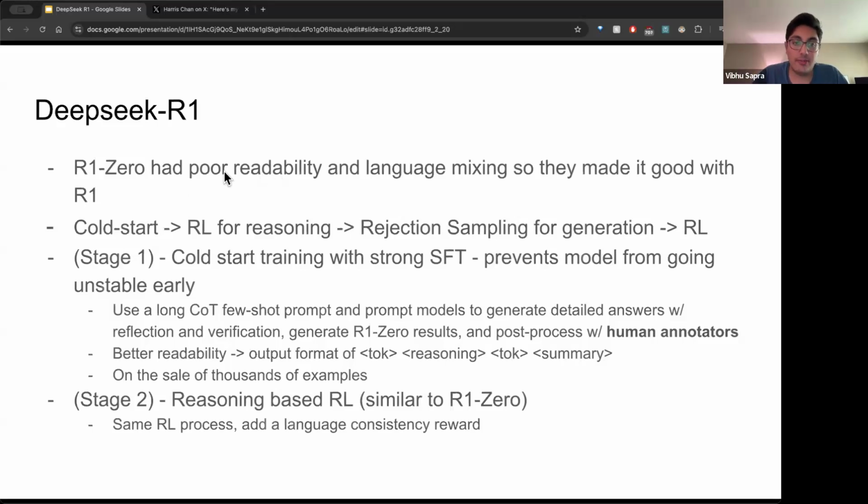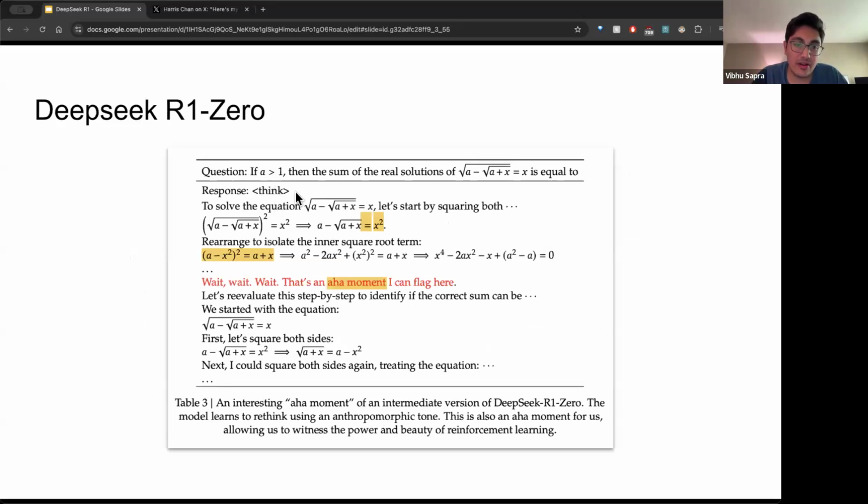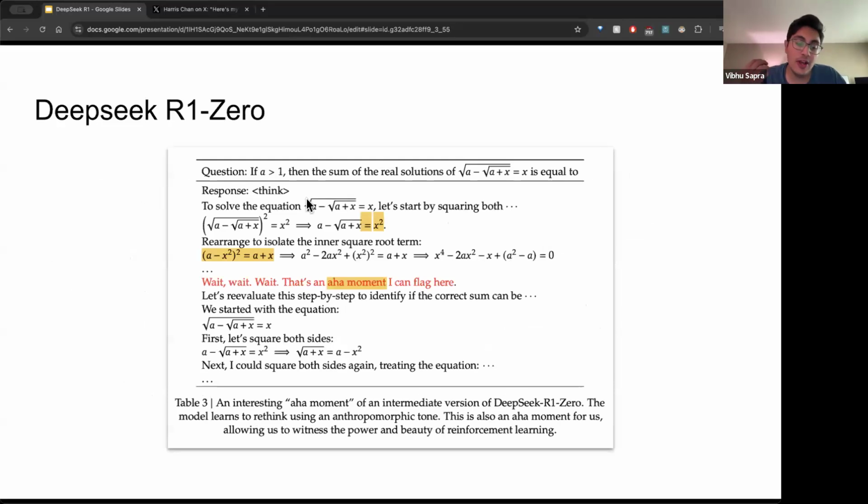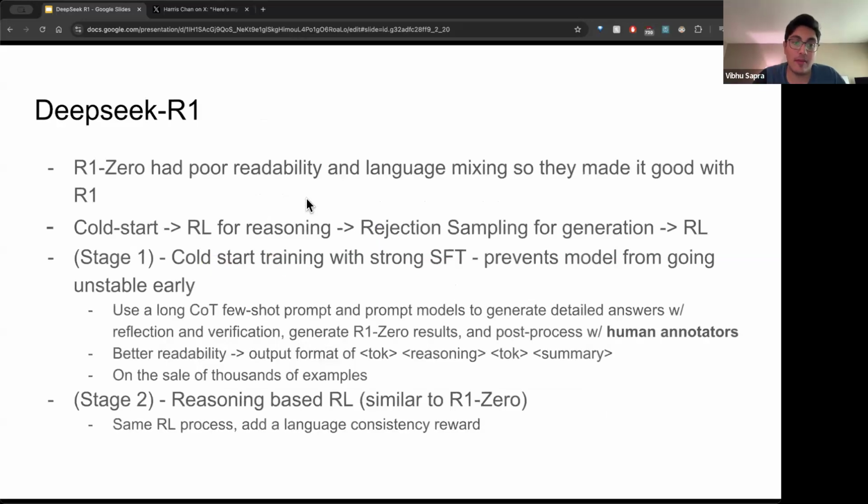It wasn't very readable. You know, this is giving out weird thinking steps, aha moments. It's not being trained with the RL objective of, you know, there's no safety, there's no conciseness, there's no be a good assistant, there's no be a good chat model, there's no be fun to chat with, there's nothing like that. So they take R1-Zero and then they make R1, which is let's take this reasoning model and actually make a proper LLM assistant. So we'll make a reasoning chat model, which is what R1 becomes.